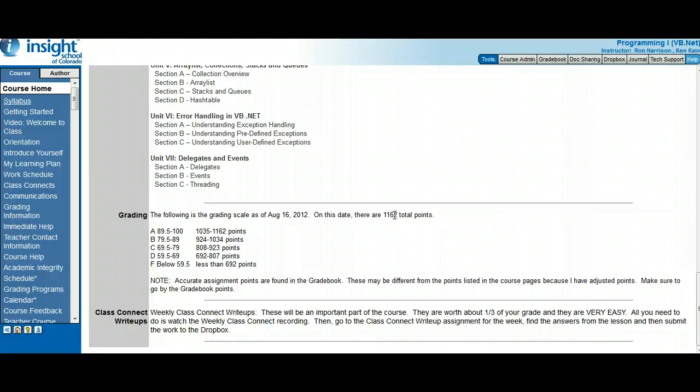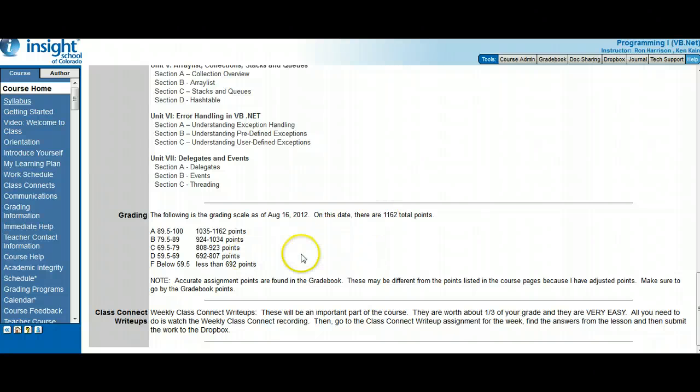take out one assignment in a course and add a different one, then that might change the points, but I will always tell you if something's been changed, and I would never ever change points after you've already earned points in an assignment, so don't worry about that. It'll always be fair to you. So that's the points, and here's where you always want to come to check on your points,